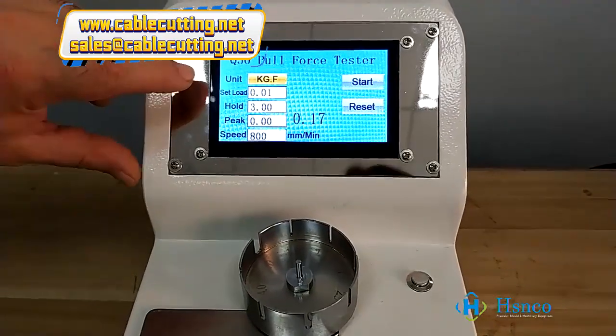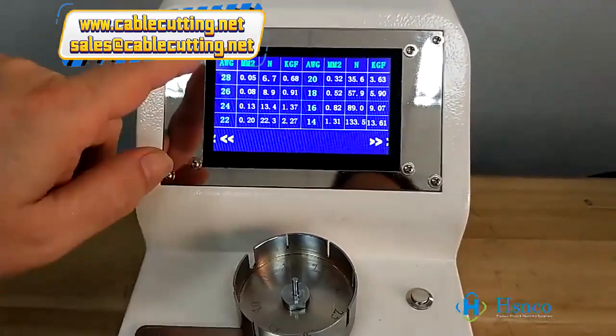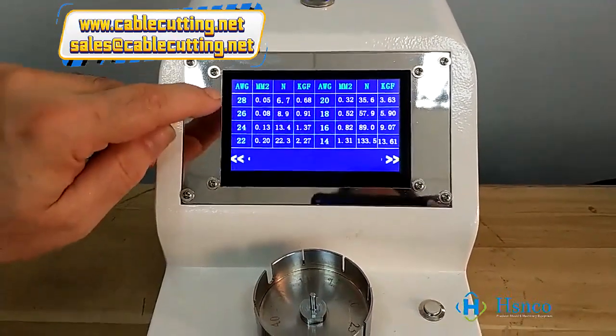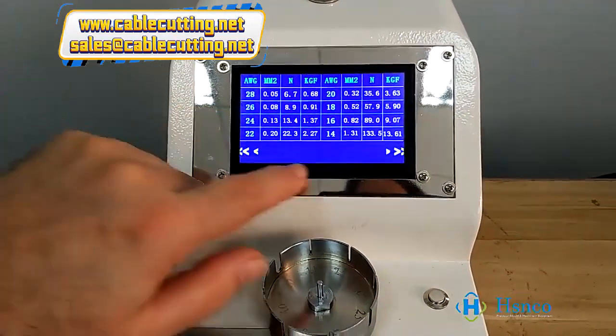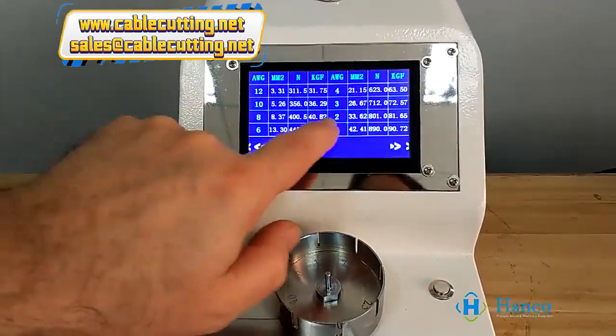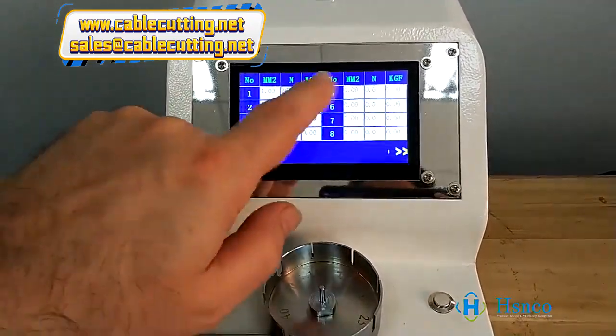Okay, click set load. This page comes up. Here there are some standards, wire standard and force. AWG 28.6 till the 14. Then go to another page, AWG 1 wanted. Then comes another, here is a round